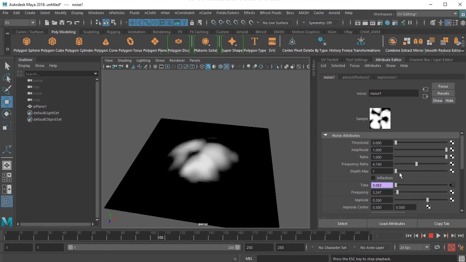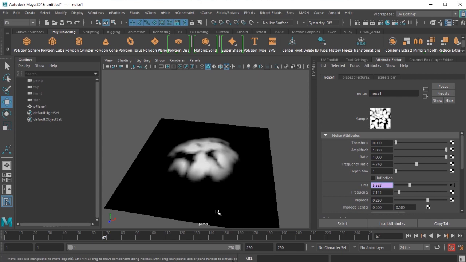You can always change the size here and get a more organic boiling texture. So this is the first thing I just wanted to be created.